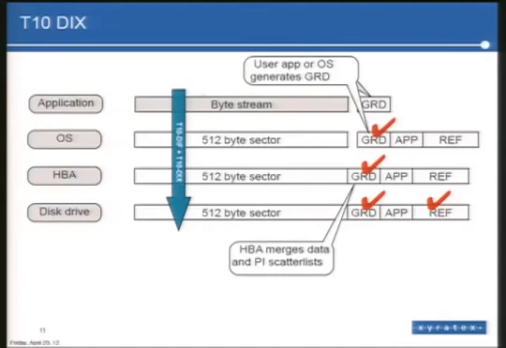After the T10 DIF standard was produced, there's a T10 DIX, the data integrity extensions, which provided a broader protection envelope. The original idea behind T10 DIX was to provide that protection envelope all the way from the application down to the drive. The user, in the T10 DIX standard, is capable of generating checksum data themselves, embedding it with a write IO call, and that data would be passed all the way down, potentially verified along the way by the operating system and the HBA,